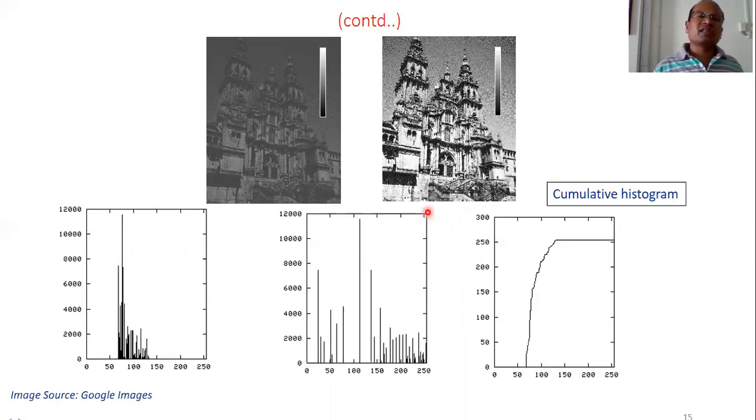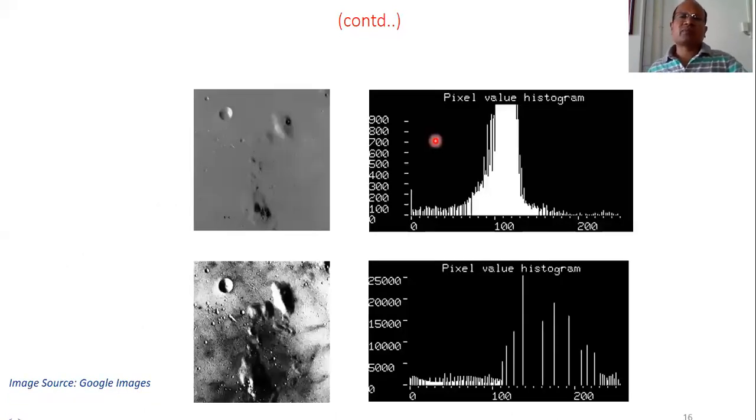See the picture, there is one picture and there is a second picture. In the first picture, we are not able to see anything. It's looking very dark. The second picture is bright, and the details of the image can be understood more clearly as compared to the first image. So the contrast is better in the second image. So we can apply it again and again based on our requirement, based on our need. We can apply the histogram equalization in a cumulative manner. That is called cumulative histogram.